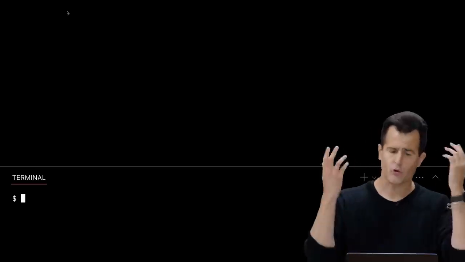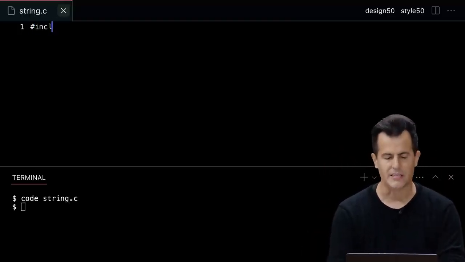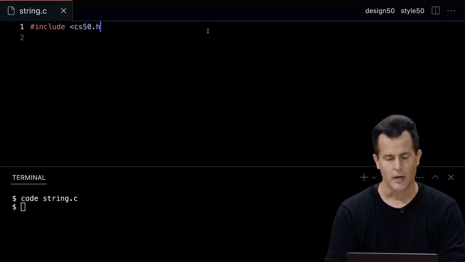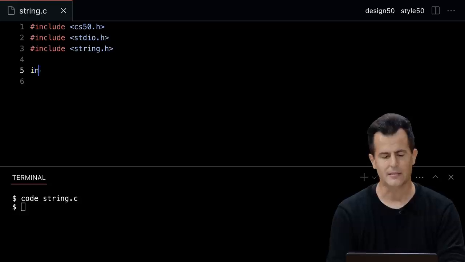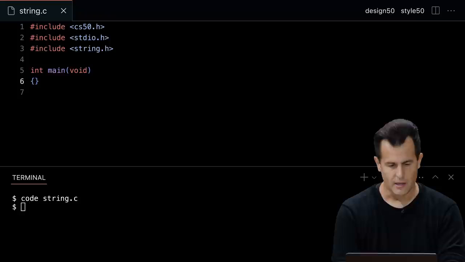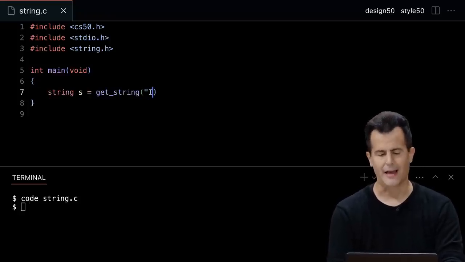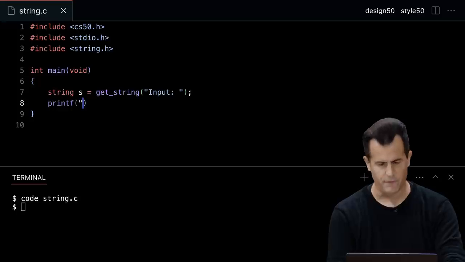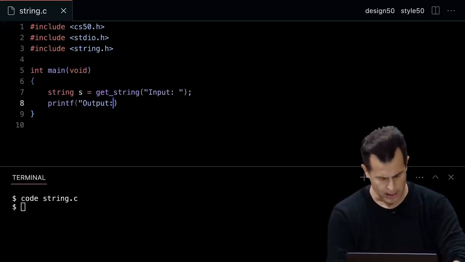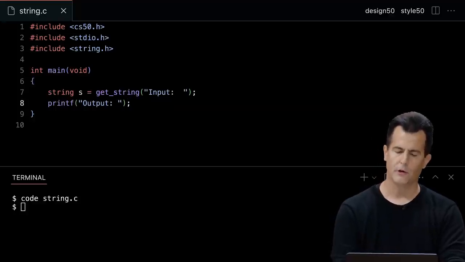So in fact, let me go back to VS Code here, and let's create a new program this time called string.c, just to play around. And in string.c, I'm going to go ahead and include my same header file, cs50.h, and stdio.h, and I'm going to use string.h, and then in int main(void), I'm going to do this. Let's prompt the user for a string s by using get_string, and just ask them for input, whatever that input actually is. Let me just preemptively say printf("Output: ");